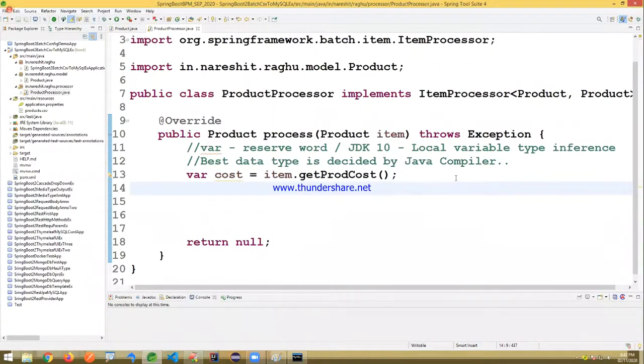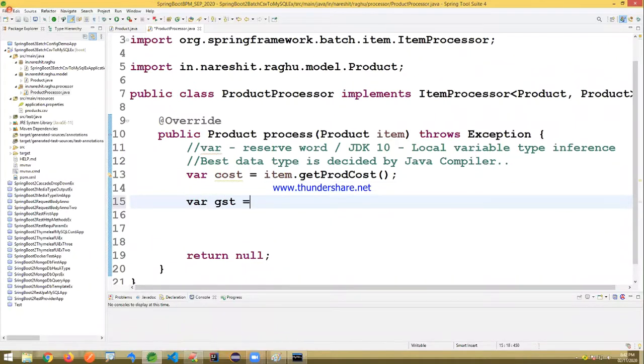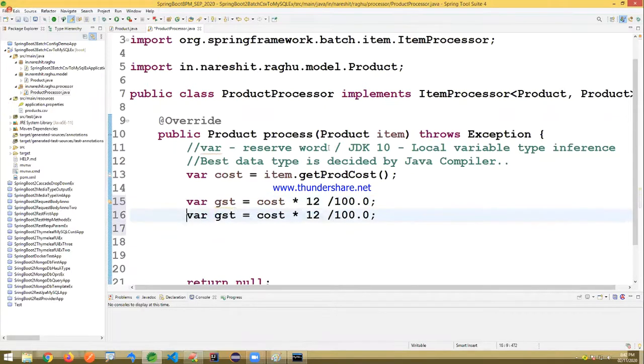Okay, now here I'm writing var GST equals cost into 12% divided by 100, and also discount, it's actually 8%.